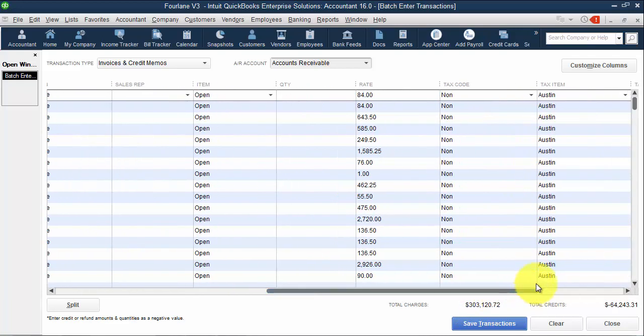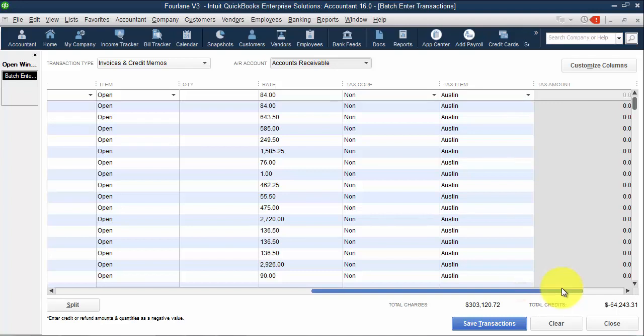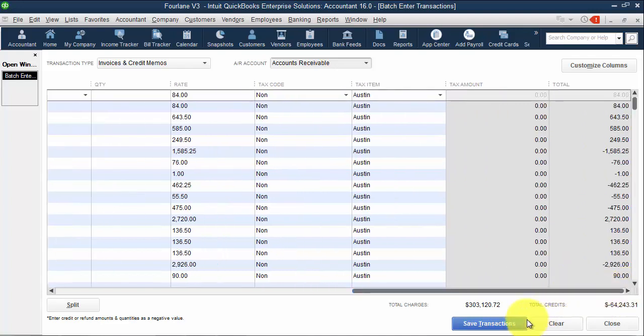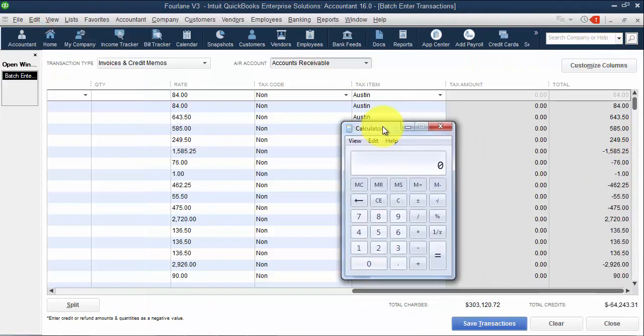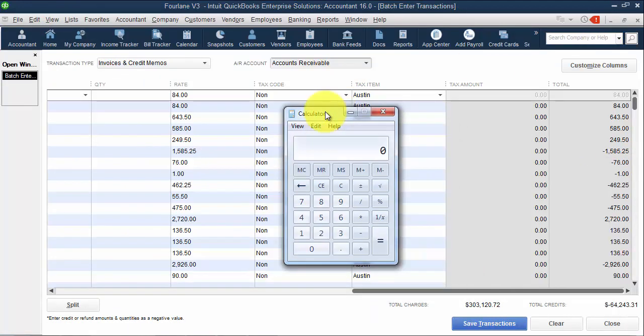Okay, then I see over here I have sales tax code of none, tax item of Austin. All right, down below here it gives me some totals. So my total invoices that it's going to be setting up is 303, my total credit. So of course it's always helpful before you hit save. Well, first of all, it's helpful to do a backup, right? Always do a backup first, because otherwise you're going to have to go delete all of these. But let's go ahead and do the math. 303,